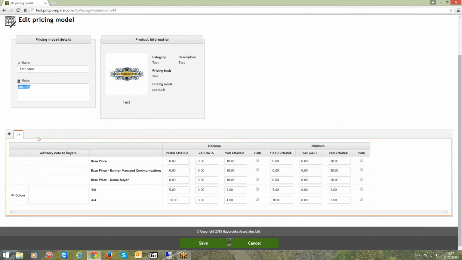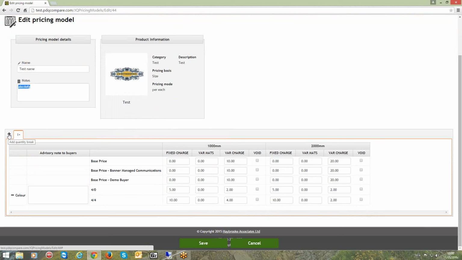Now at the moment you'll notice there's a tab that says 1+. So this is like charging for one there and afterwards, however many products we require. Now we know this is based on each, so the pricing needs to be put into this matrix accordingly. So all these prices are based on price per each. We can add further quantity breaks in a second by clicking on that plus button, but I'll come back to